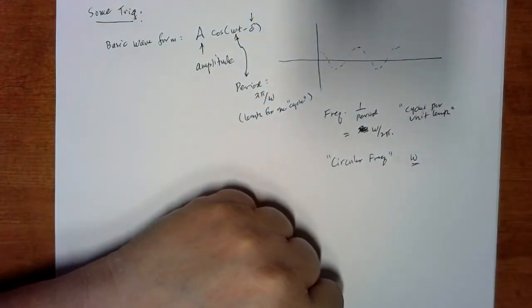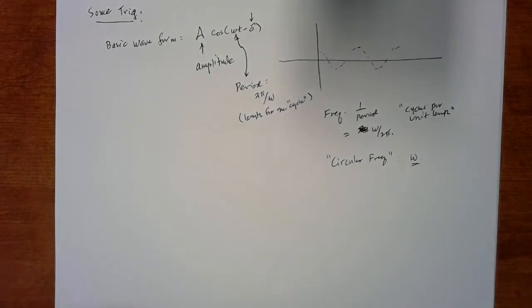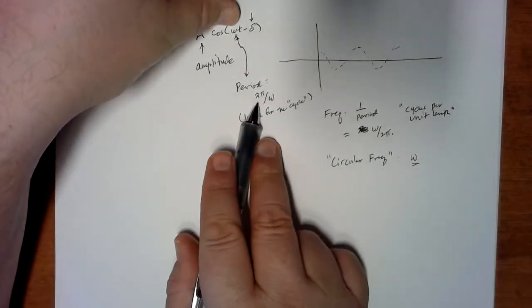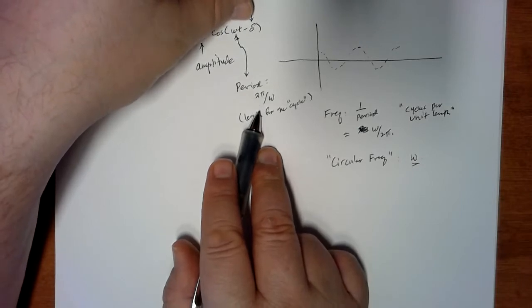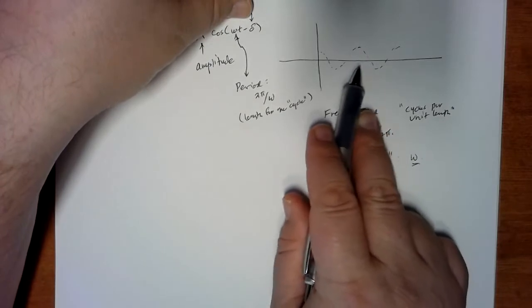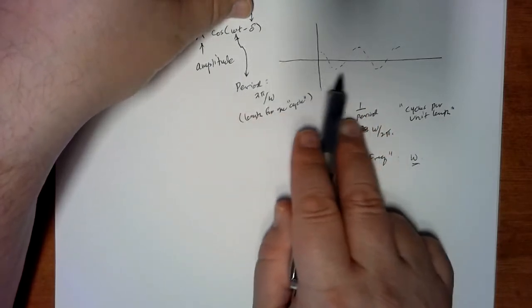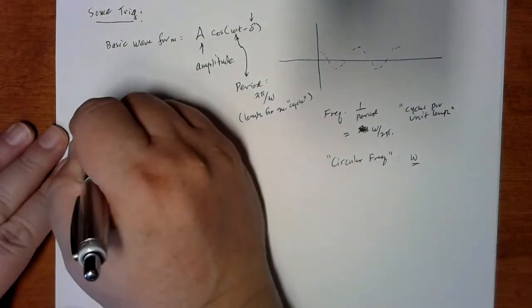Now there's two ways of thinking about the delta. So just like the omega is not the period itself, we have to do a computation with the omega to get the period. The delta is going to be used for the phase shift, for a shift in the graph, but the delta itself does not represent the units of the shift, right? And I wonder why that would be. So just as a side note,